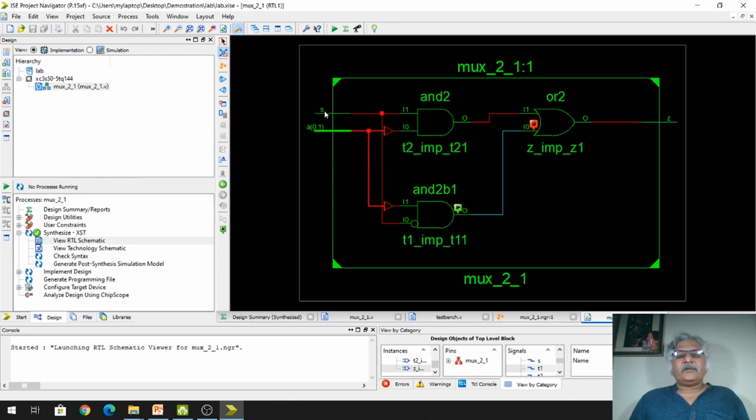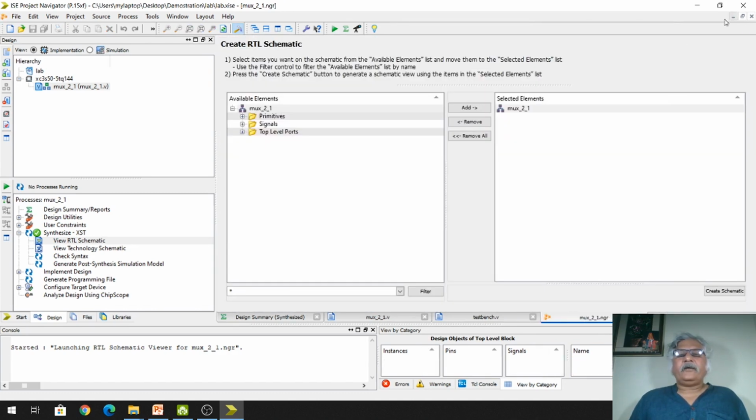Now you see this is the S signal. This is A naught here, right? So this S is coming here through this bubble, right? So this means it is inverted here. So in this way you can see this RTL.